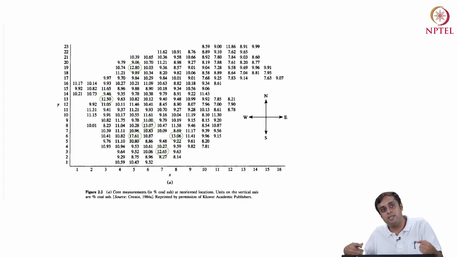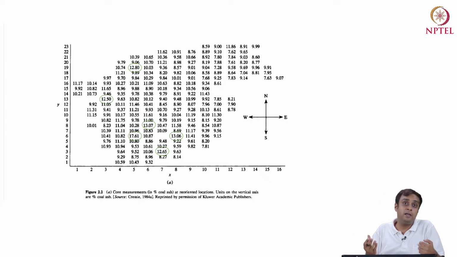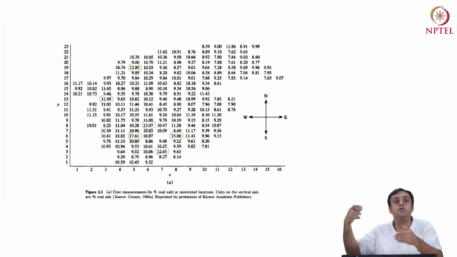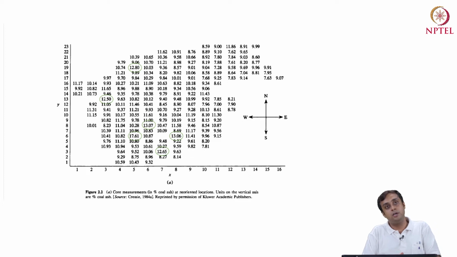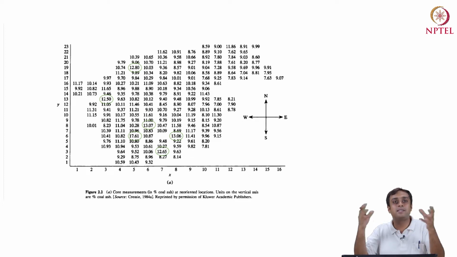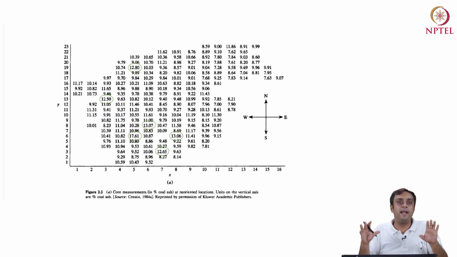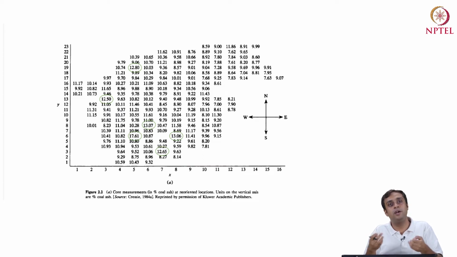So if we omit all these outliers and we calculate a mean, it might be much lower than if we were to include all of them, because they are all skewed in the right hand side direction, or the larger percentage coal ash direction. So what it really means is that if you calculate a sample mean and believe it blindly, you might underestimate coal quality found in that region, because the percentage coal ash or impurity will turn out to be much higher than what it might seem if you were to remove these 5-6 outlier values, especially the large one which is 17.61.